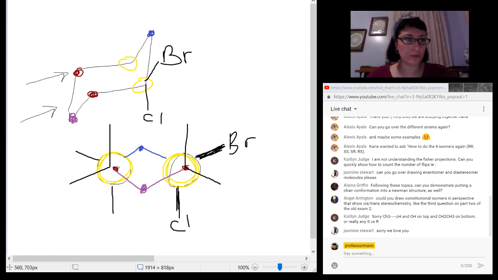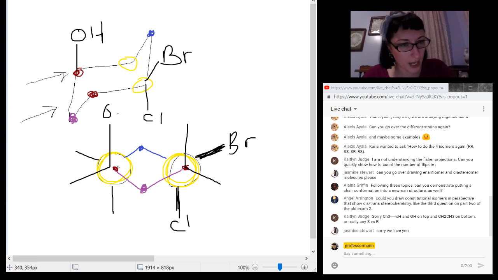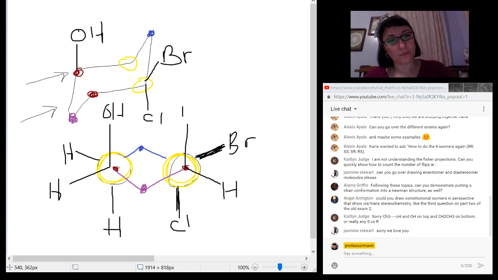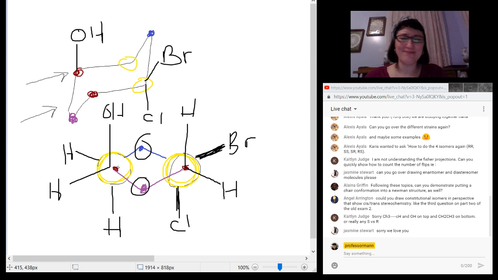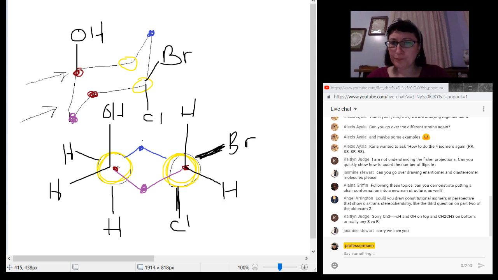If I have something on, let's see, let's do something there. Okay, that one's in the axial position pointing straight up. Well, I can put it in the axial position pointing straight up. If I don't have anything else, then I fill them all in with hydrogens. I won't give you any where you have a substituent at those two positions because you wouldn't really use a Newman projection for anything like that. Okay, so hopefully the color coding helps on that one.